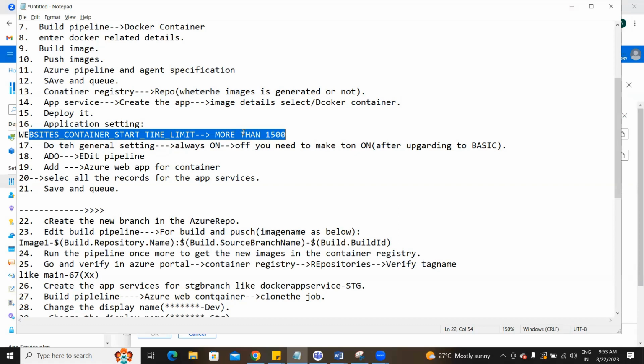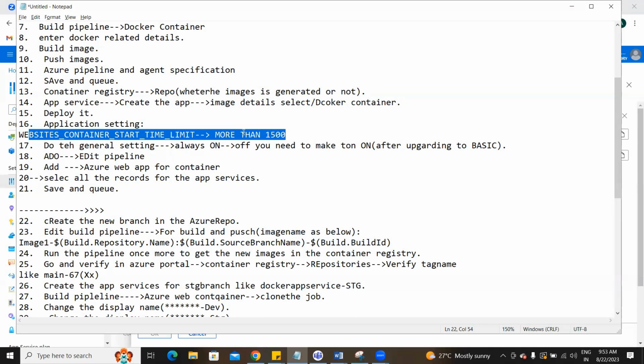For that case, it says don't throw the error. Wait for 1500 milliseconds from the start time, and if it's still not loading, then throw the error. That is the meaning, okay? That is optional, not mandatory.